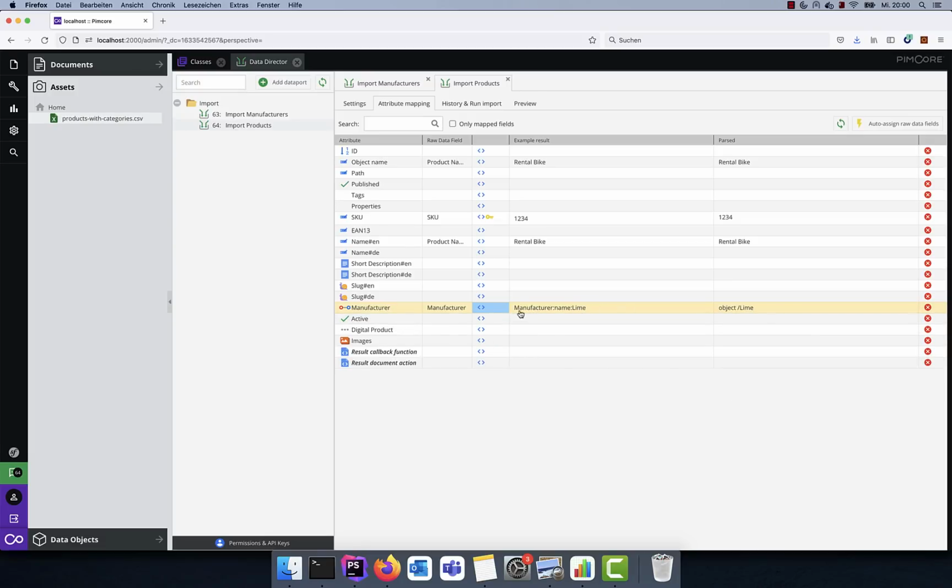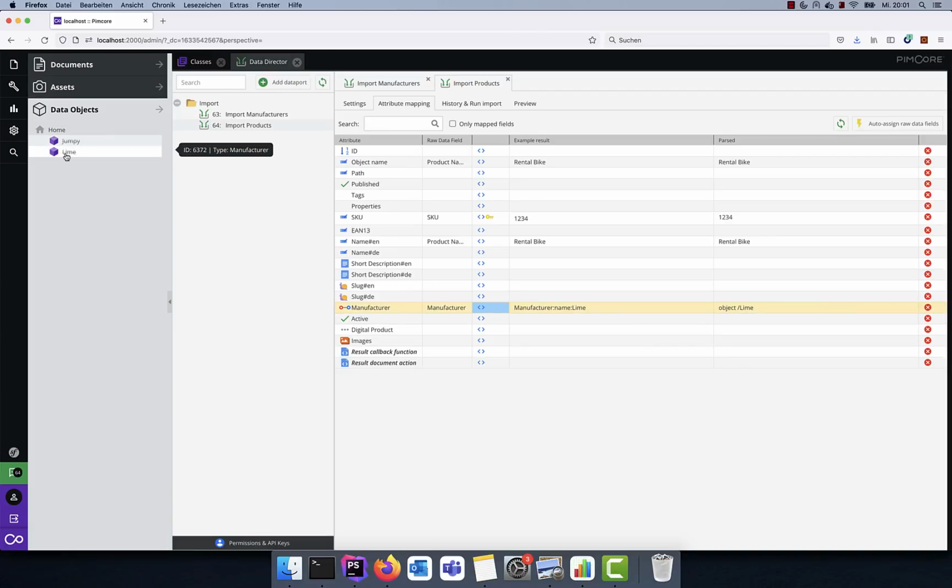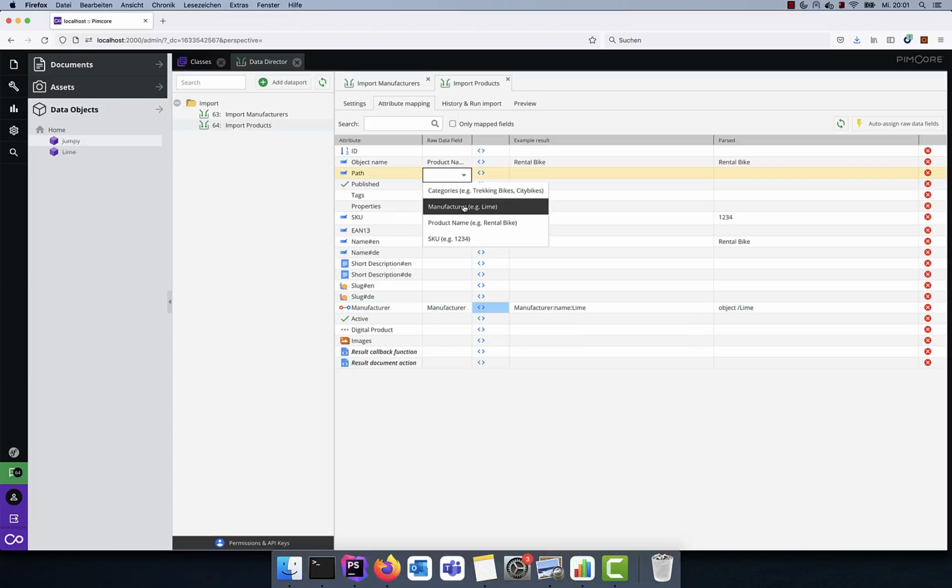This here is named the data query selector. This then gets converted to an SQL query. So we want to find a manufacturer whose name is Lime in this case. Lime is the value from our CSV file. And here on the right, we see that the object /lime gets found, and this is exactly the one which we want to find. For the pass, I'd like to use the same